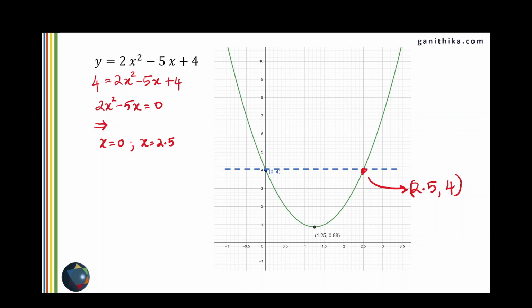Remember, you will not be having the curve at this point. You are only marking the points. So far, imagine you have only marked the y-intercept and the minimum point. And now you are going to mark the 2.5, 4 point. So minimum 3 points are enough to make the curve. Therefore, this should be enough.